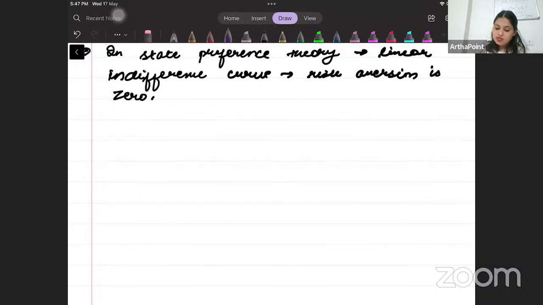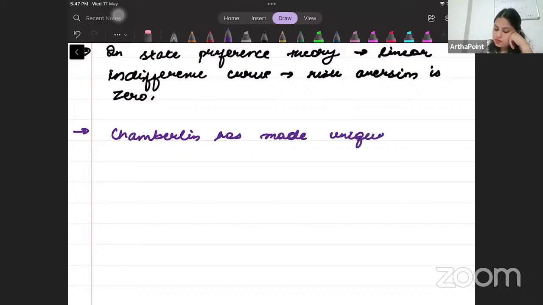Okay. So sometimes people again match the following में आता है, who made unique contributions in selling cost area. तो जो सेलिंग कॉस्ट करके कॉन्सेप्ट है, उसको उसमें किसने, कौन से इकोनॉमिस्ट ने कंट्रीब्यूट किया था? सो प्लीज राइट डाउन, Chamberlin has made unique contribution in selling cost area.